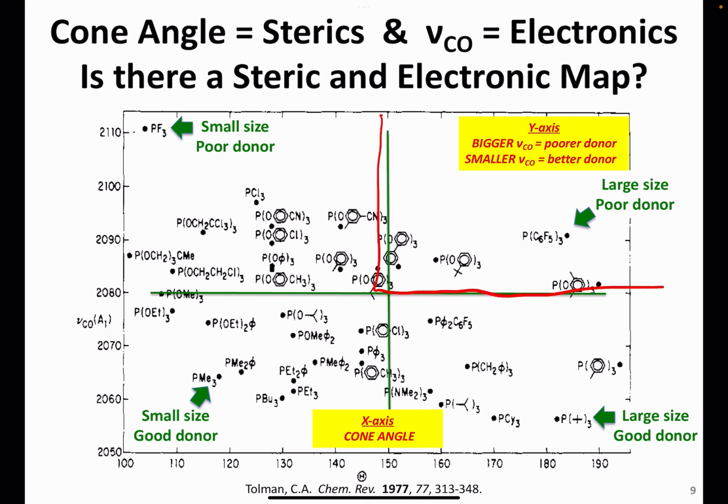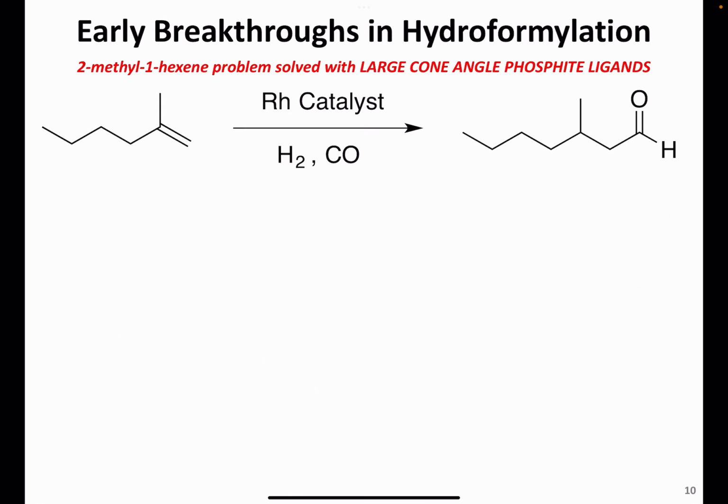quadrant up here, the ones that are big and poor donors, it's kind of a sparse quadrant, but can be extremely useful. And in fact, this phosphine right here, it's actually a phosphite ligand. There's a P-O linkage to the phenyl unit. This phosphite proved to be really, really important back in the early 80s. And it proved to be really important in the